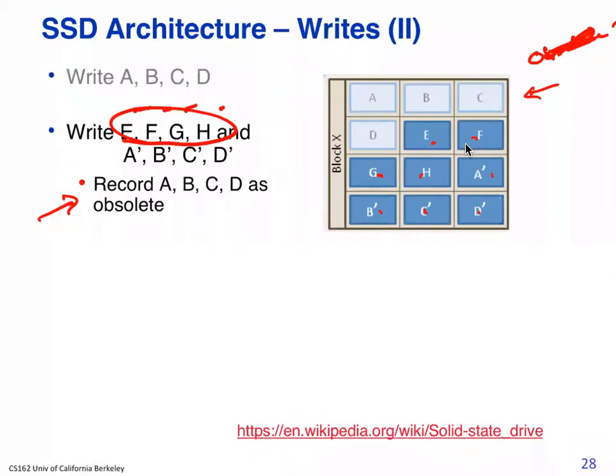So EFGH can be written here. Now for the next version we have to modify something in the second page, third page, and fourth page, which will say A dash, B dash, C dash, D dash. Now instead of modifying it here,